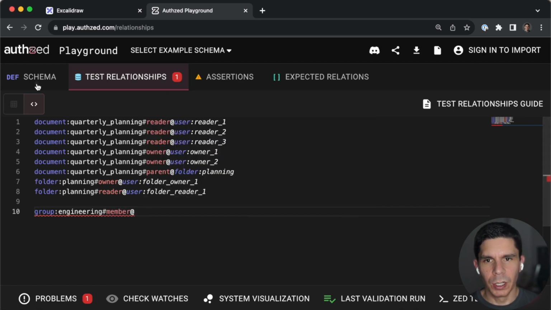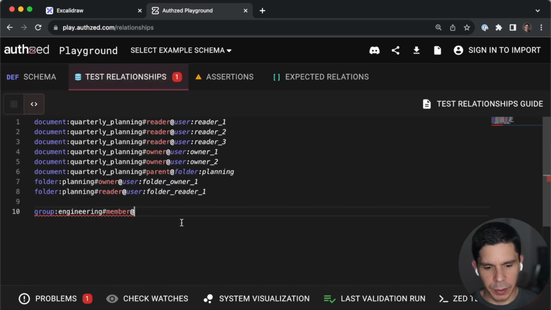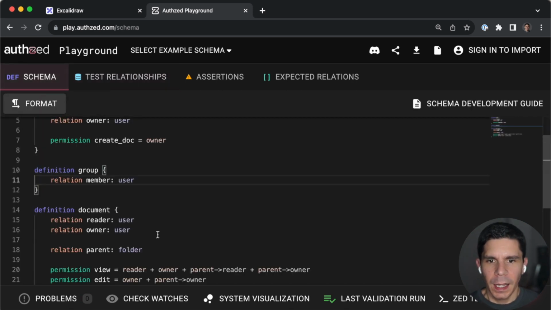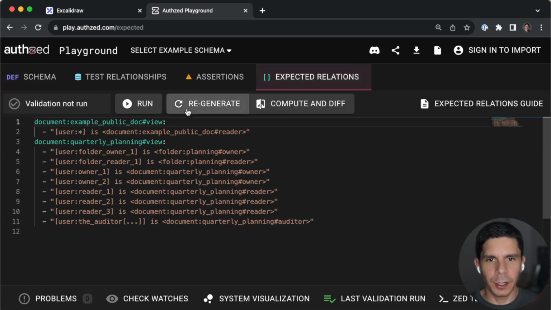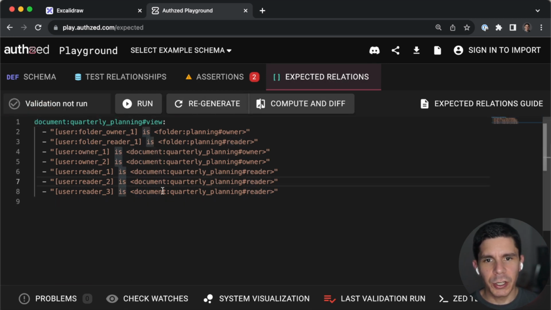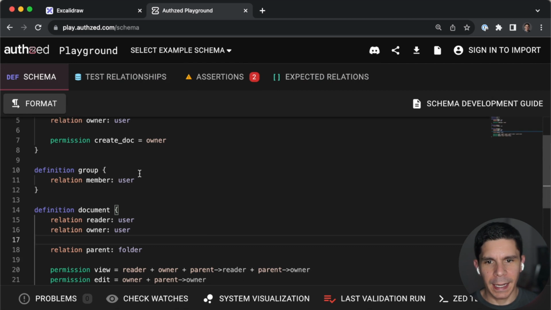this should just be member. The members of the group are user engineer 1 and engineer 2. Okay. And so now what we have is a group, and the group is sort of floating off on its own. It's disconnected from the document. If we go back and we regenerate, we see that there's no engineers listed as viewers of our quarterly planning doc,